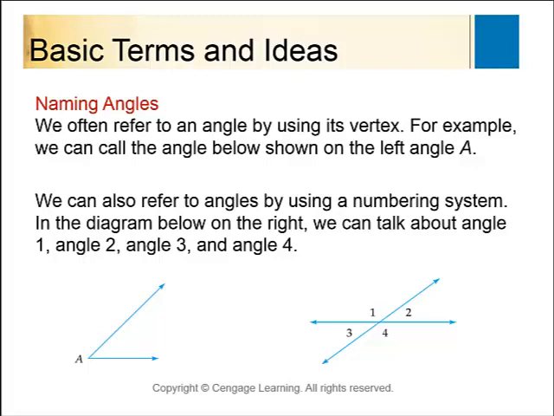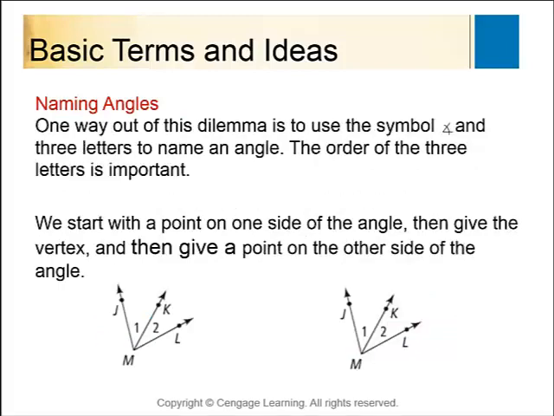So if we're going to name these angles, I could call this angle A. This right here would be angle 1. This guy right here would be angle 2. Of course, and you've got it from there. There are different ways that we can name our angles. If you'll notice, angle 2, there he is right here. I could call angle 2 angle KML or angle